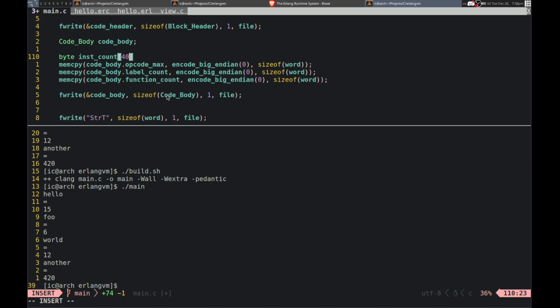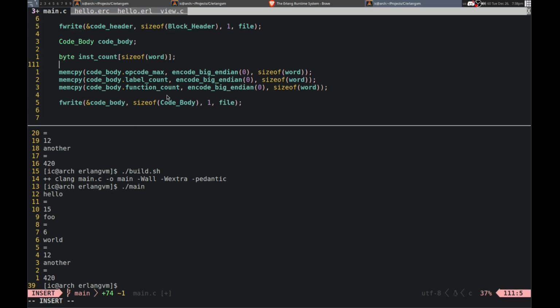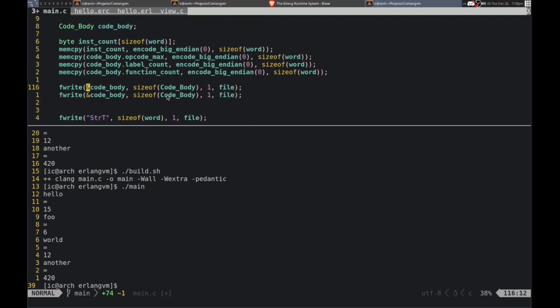For size of word. And then we need to copy the instruction count. Let's see, we want to do this, 0 again. And then want to fwrite that before this. And, let's see, size of word.